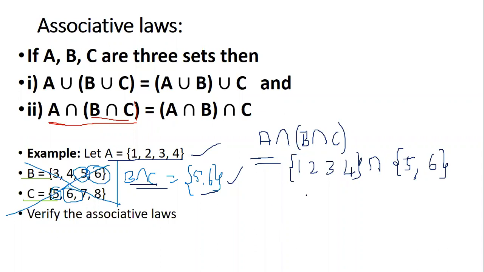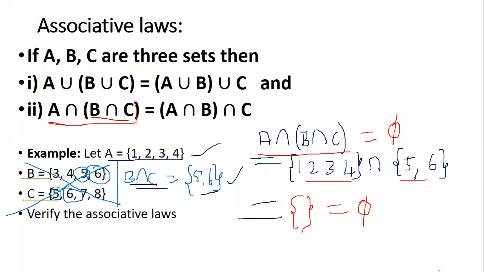Okay, now if you observe these two sets, there is nothing common in between these two sets. There is nothing common. So in that case, I will have an empty set. So empty set can also be written as null set. Yes. So A intersection B intersection C, the final value is null set. Did you all understand now? First solve what is there inside the bracket, and then we will take the set outside the bracket.